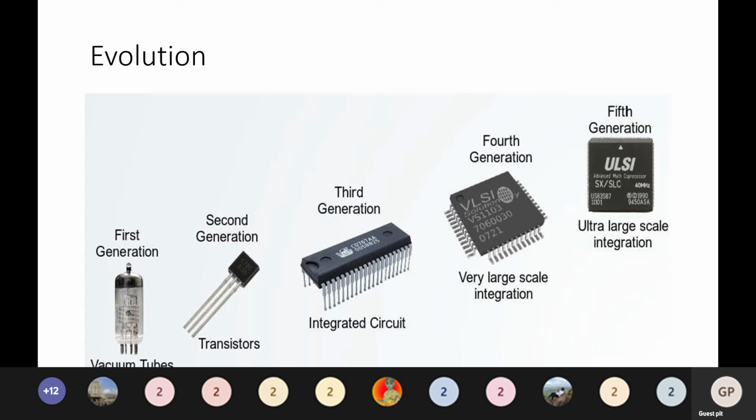And then came ultra large scale integration, ULSI, where it was around 10^6 to 10^7 transistors per chip. And we are much ahead of all those things. Then we had giant scale integration, where it is more than 10^7 transistors in the chip. That was the evolution. So it started from vacuum tubes, such a huge sized technology. From that, we have landed at giant scale integration, where we have 10^7 transistors per chip. Okay, that was the evolution here.